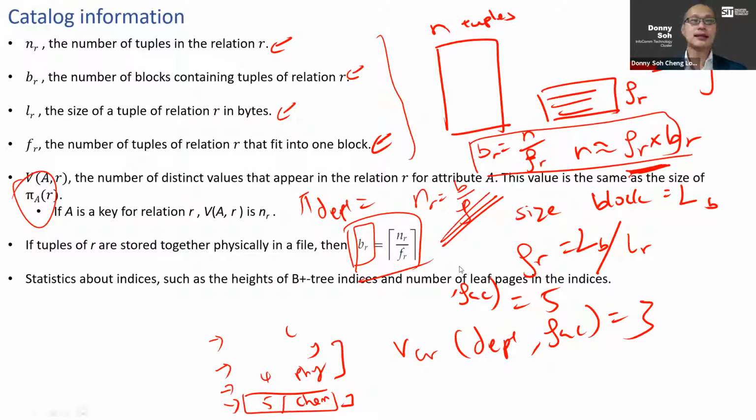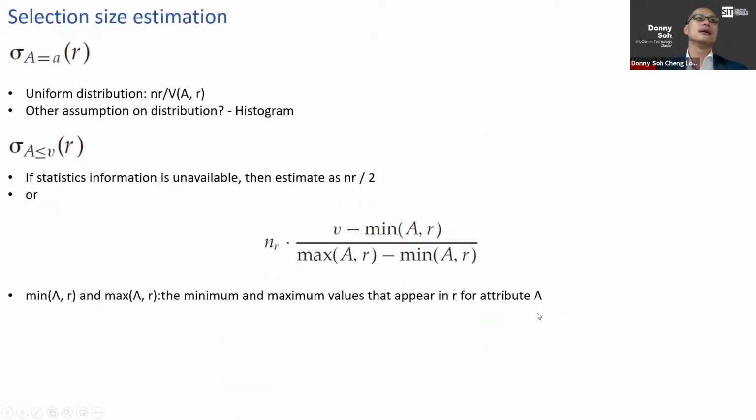Okay, let's go to the next slide. How do we estimate the size of a selection operation? Let's say I have an equality selection on a relation, and we are going to assume that this is a uniform distribution. This is the estimated